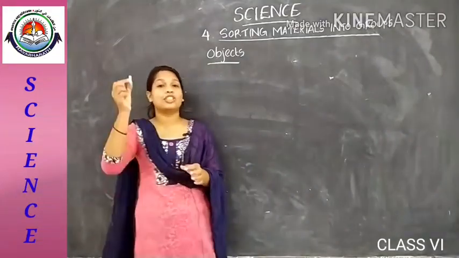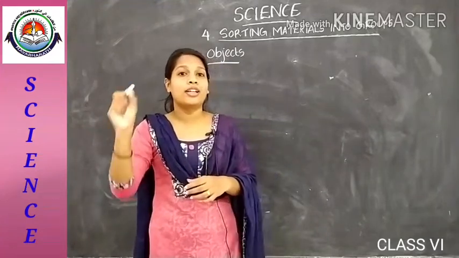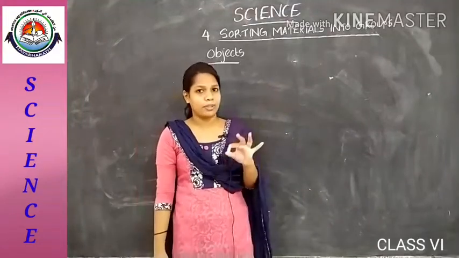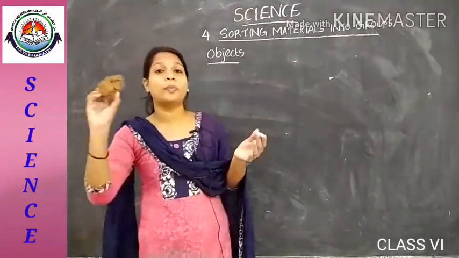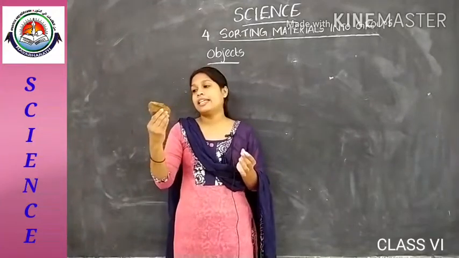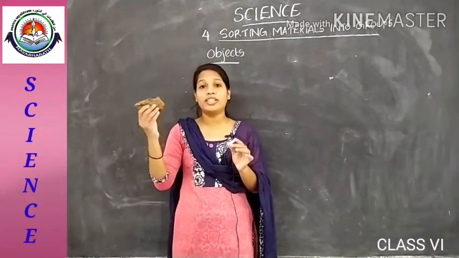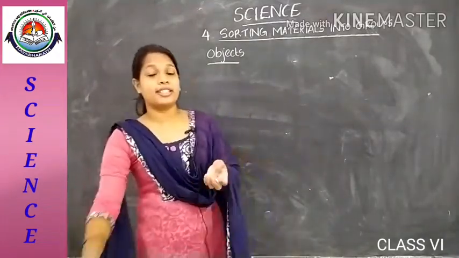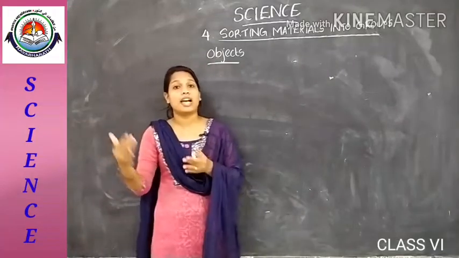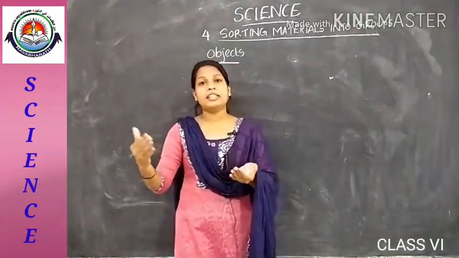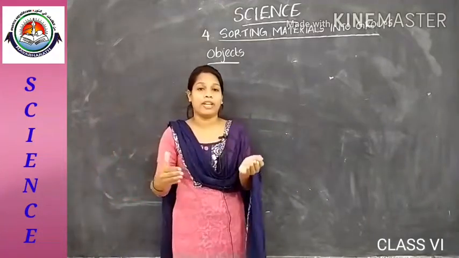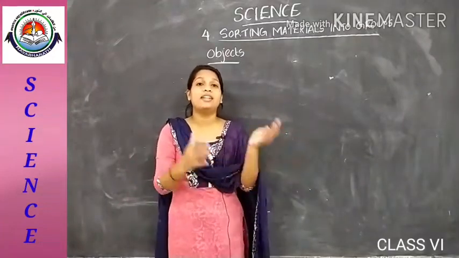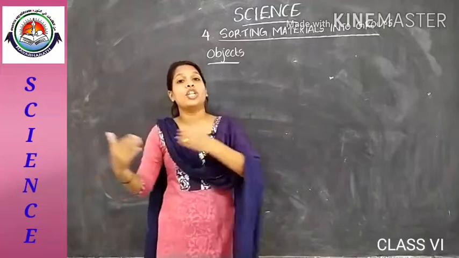Now just look into this chalk. What is the color of this chalk? Yes, it is white in color and the shape is cylindrical, isn't it? And just look into this stone. What is the color of this stone? Yes, it is brown in color and also it is irregularly shaped, isn't it? So each object will have different size, shape and colors, and the materials that are used to prepare the objects and the components of these objects give the difference in their colors, size and shape.